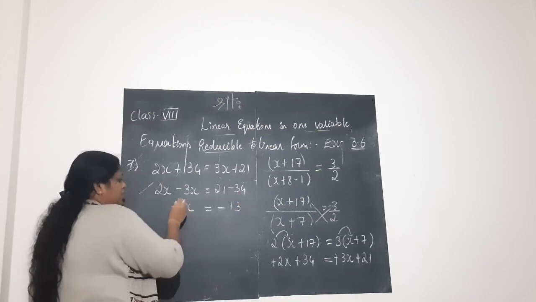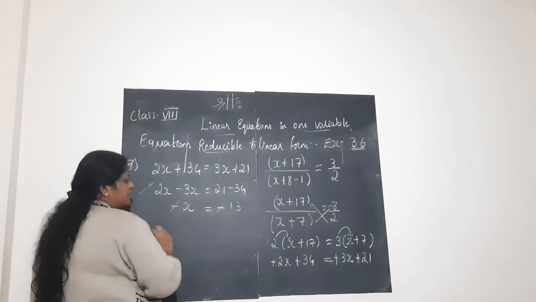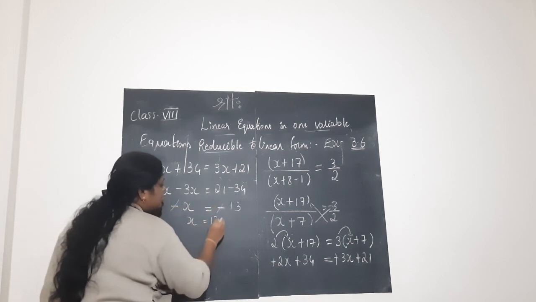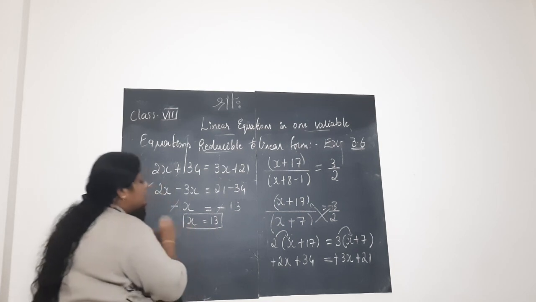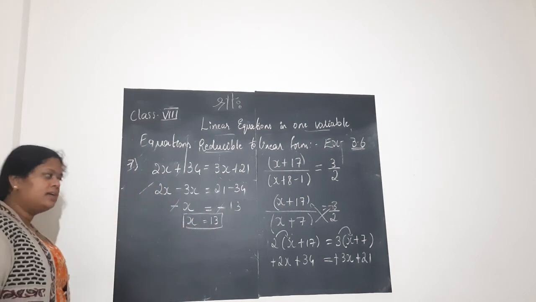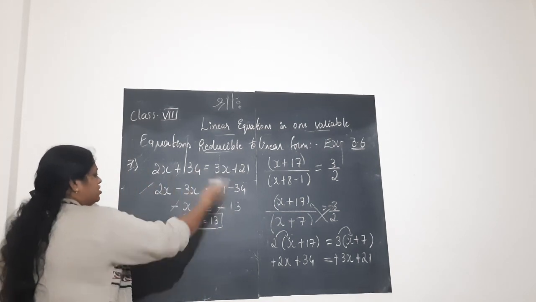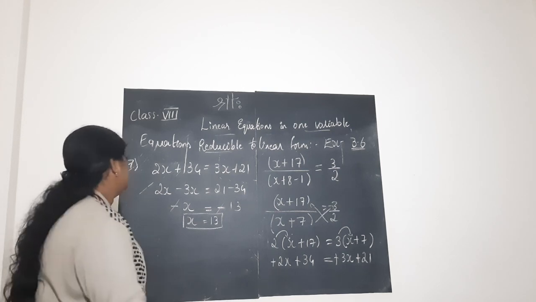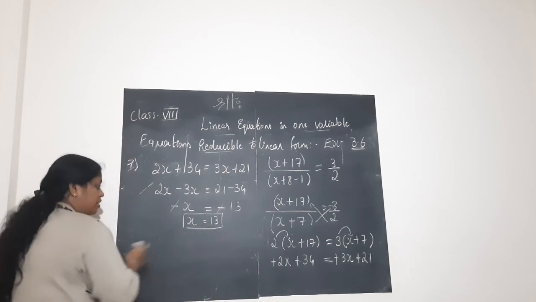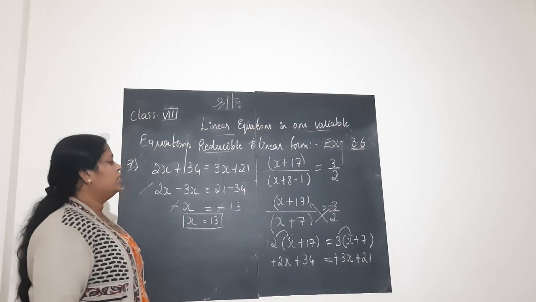So as we do always, children, minus sign on LHS gets cancelled with minus sign on RHS and I got x is equal to 13. Hope you understood this simplification. We have been doing it from 3 exercises, so I will not repeat. What I am telling is, now we got x is equal to 13.